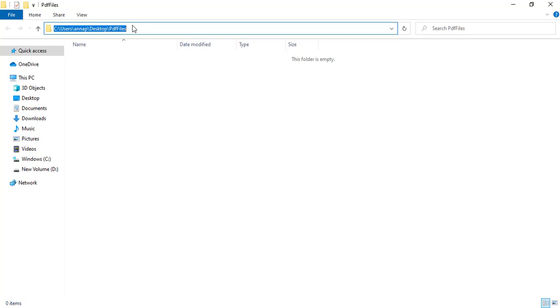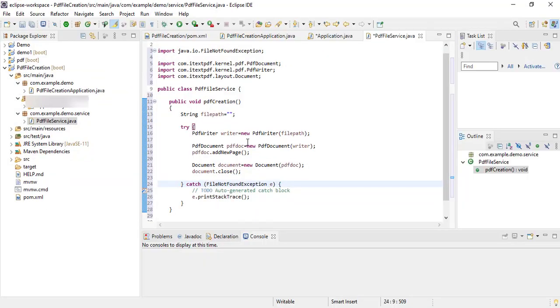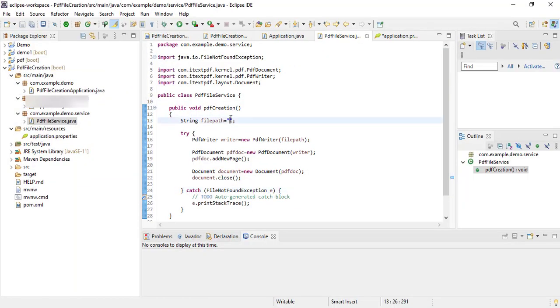I will copy this path and go to your Eclipse. For this file path variable, I will paste that path and I will add file name as simple.pdf and then save the project.